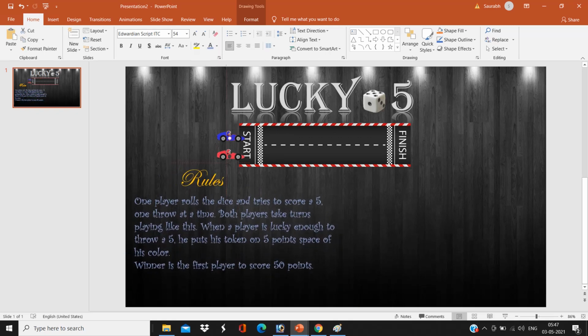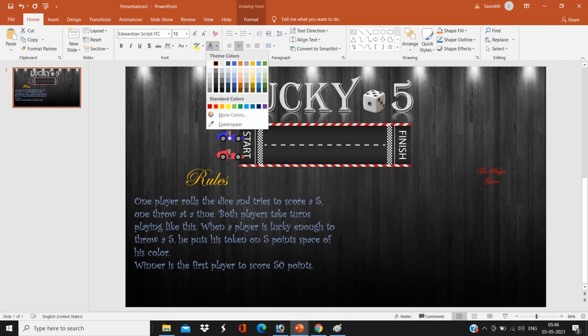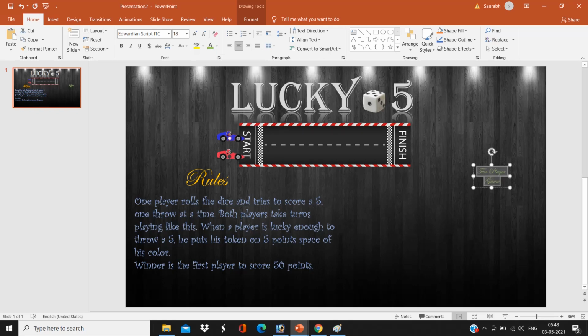Again click on insert and click on text box. I'm going to write here the two-player game. Set the size, color as you want. This is how our first page is preparing.